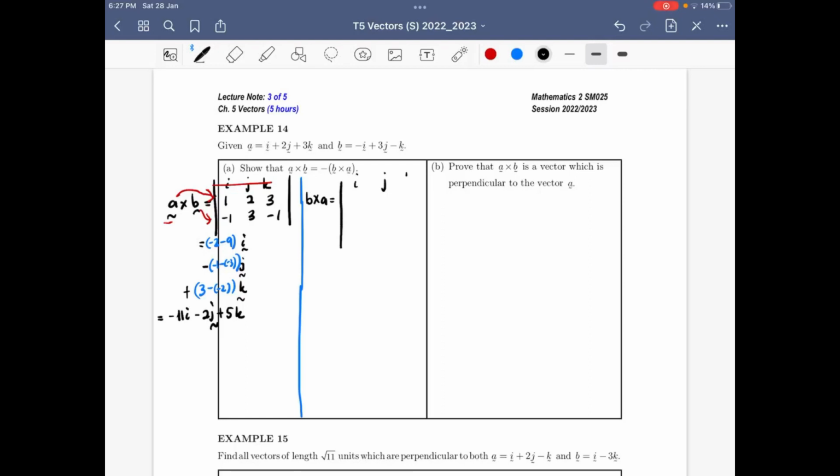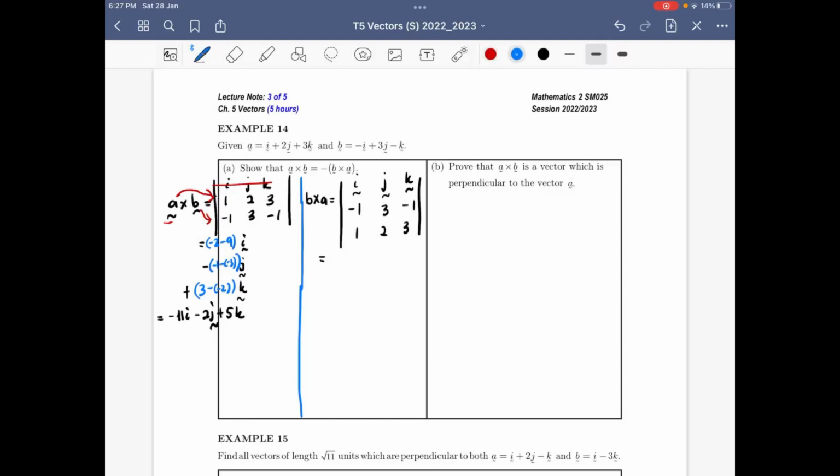Okay, B cross A, the same thing, i, j, and k. So B should be the first one that we write down, -1, 3, -1, and A should be below it, 1, 2, and 3. Okay, equal to, what do we have here? You close the i part, we get,